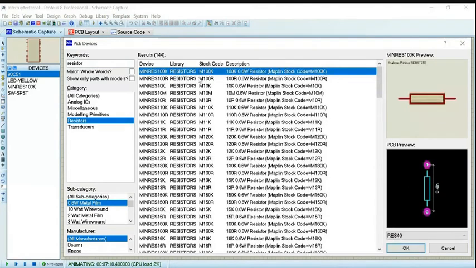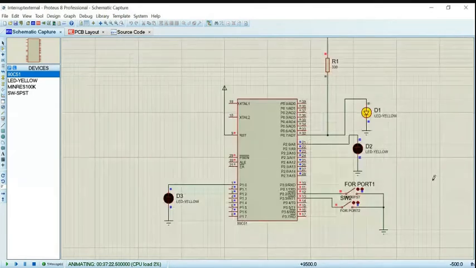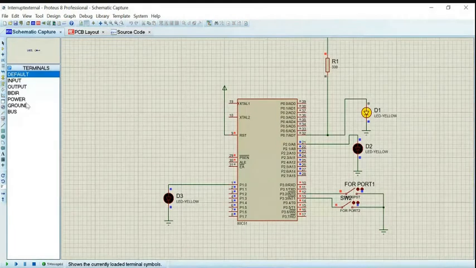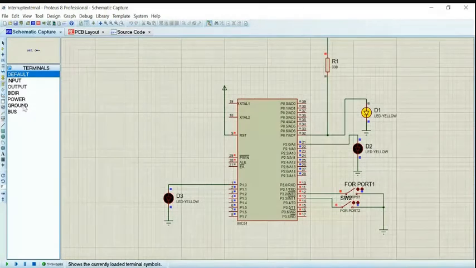You take any resistor, but change the resistor value directly. Controller, LED, and some switches. You know ground, from where to select ground? Terminal mode. In the terminal mode, ground and power will be available.